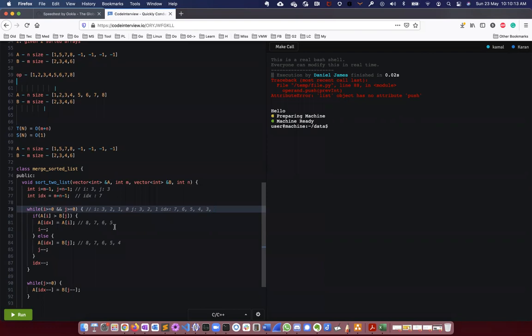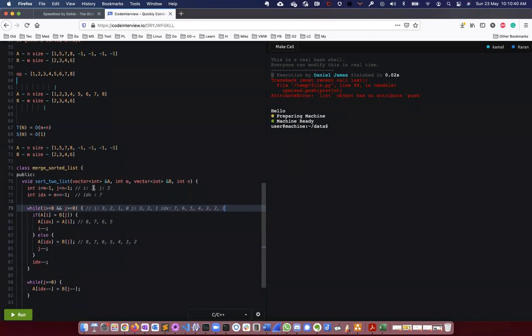Then compare 0 with the first index, 3, and 3 will be added here, and now it will be 2. Now 1 and 2 will be compared, and 2 will be greater. So here 2 will be added, and it will now be pointing to 1.